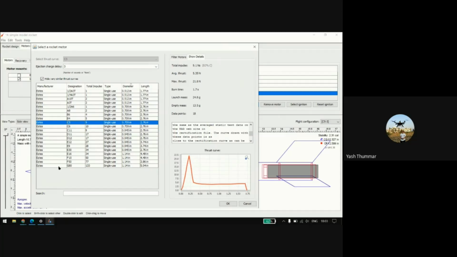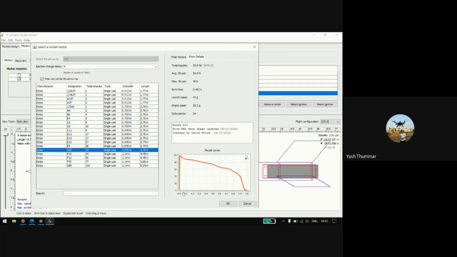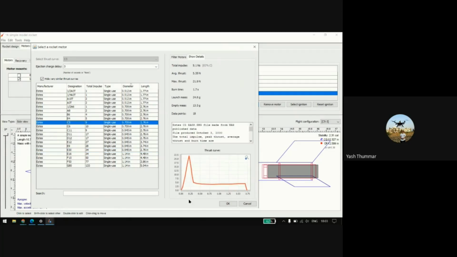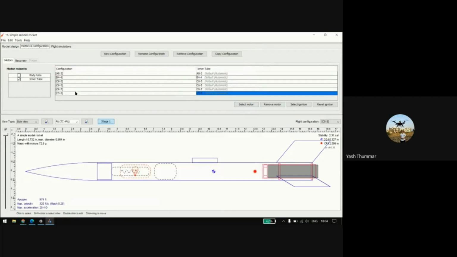Okay, we'll get some high impulse motor in E. You can see it will give more thrust, and the rate is not linear, it's non-linear. Okay, so you will find all things here. As of now, we'll take C5. Afterwards you can check different motors, and you will generally apply different motors with different simulations.